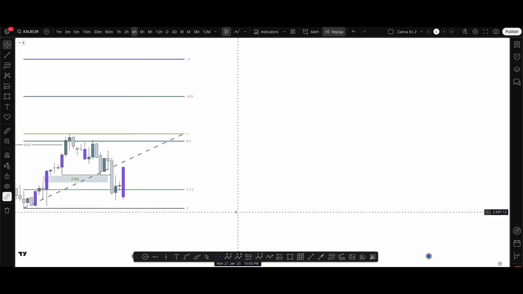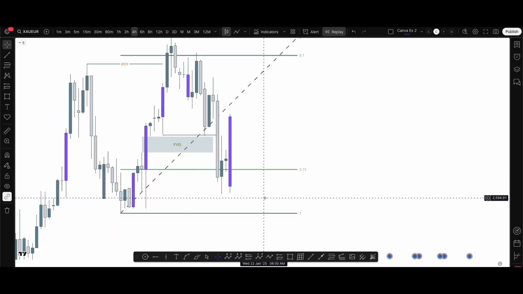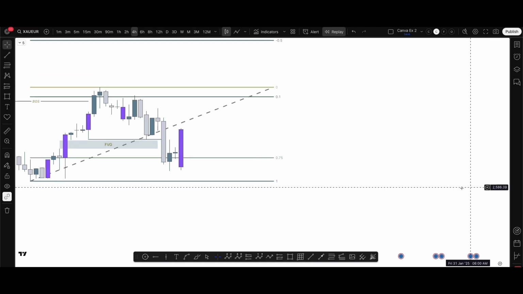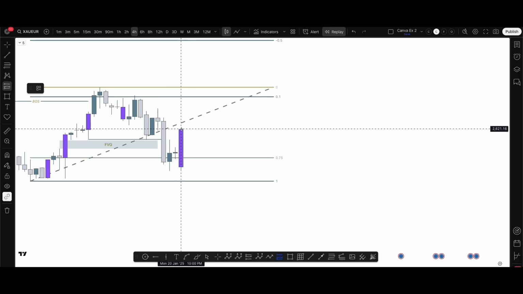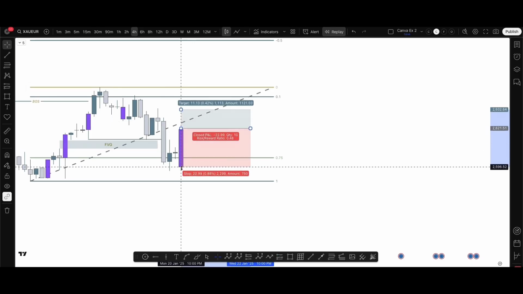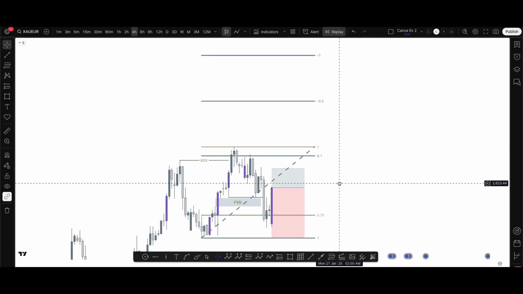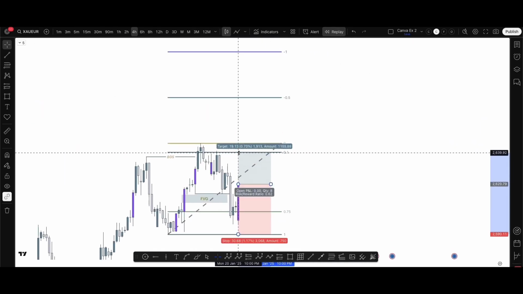A manipulation candle. Why? Because it swept that previous candle's low and then closed above it. That, my friends, is a really nice and safe setup, right? Stop under here, right here. And then if you want, you can still try targeting here and then move your stop